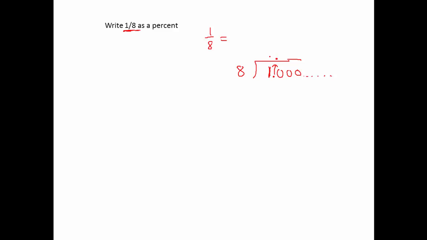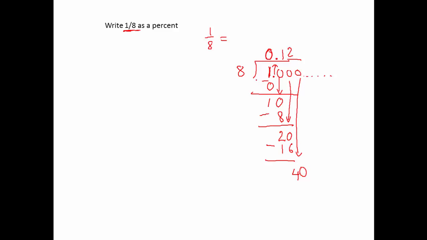8 go to 1 0 times, right? So 0 times 8 is 0. 1 minus 0 is 1. Bring down the 0, making 10. 8 go to 10 one time. 1 times 8, 8. 10 minus 8, 2. Bring down another 0. 8 go to 20 2 times. 2 times 8, 16. 20 minus 16, 4. Bring down another 0. 40. Now 8 can go to 40 evenly 5 times. 5 times 8, 40. Subtraction here gives you 0 for the remainder. So the answer is